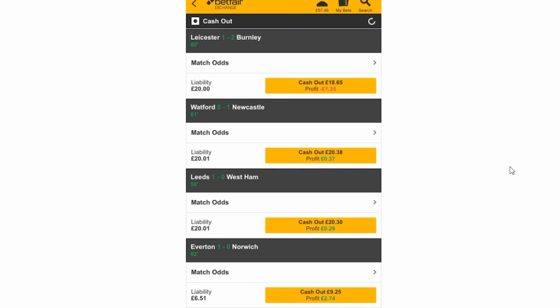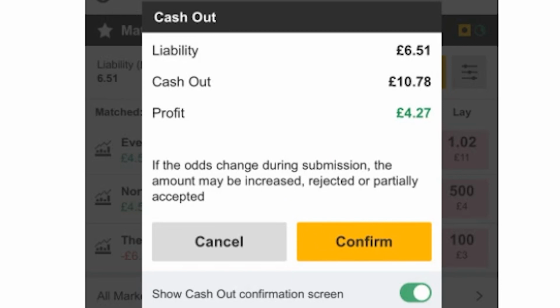But again, still not at a level there where you'd want to be cashing out. And you can also see down with Everton Norwich, only a little bit of an increase on the profit loss there as well. But talking of Everton Norwich, Everton grabbed a second goal here in the 75th minute,